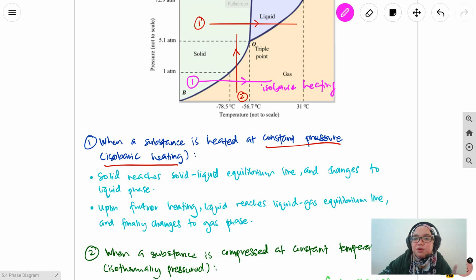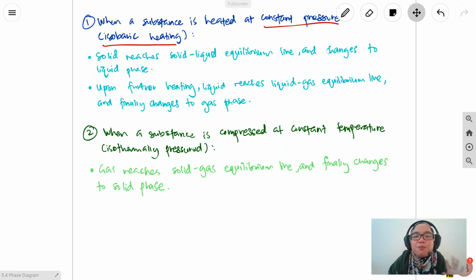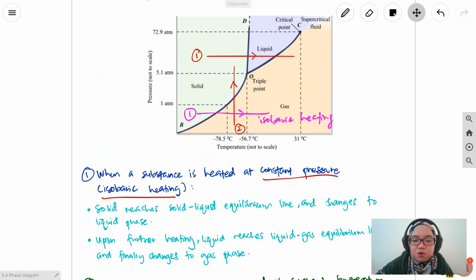Okay. Kita tengok yang kedua pula. Yang kedua bila when a substance is compressed at constant temperature. Maksudnya temperature dia sama tapi pressure dia berkurang. Okay. So, dekat situ kalau kita tengok, yang pertama kita ada nombor 2 ni. So, when gas is compressed at constant temperature. Okay. So, dekat sini kita boleh nampak gas